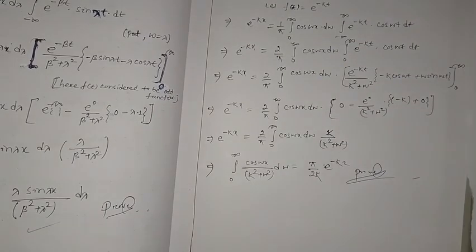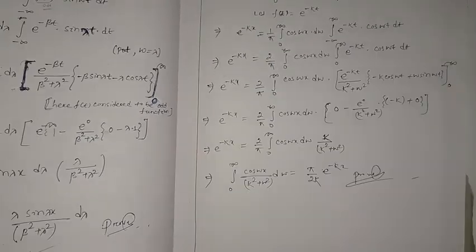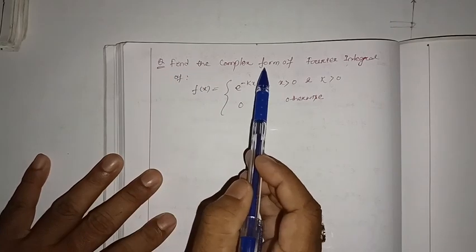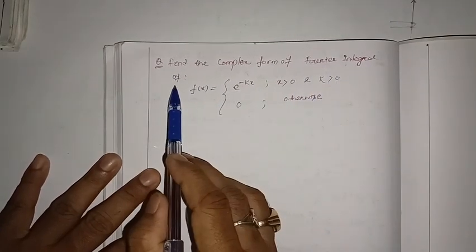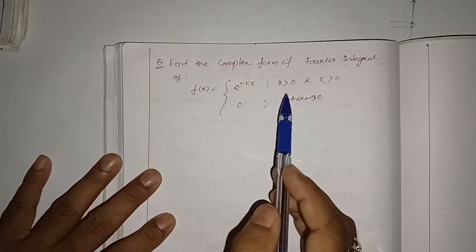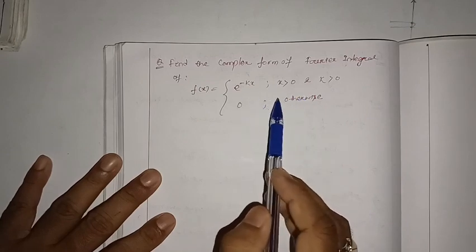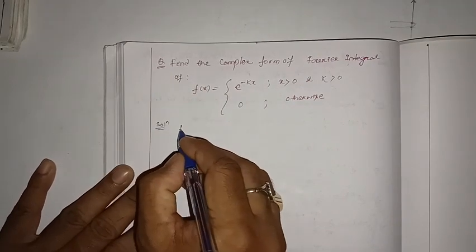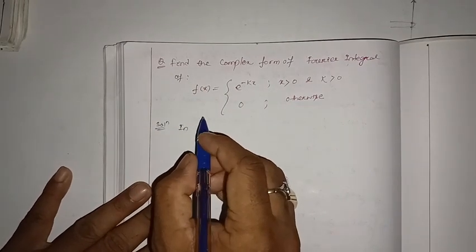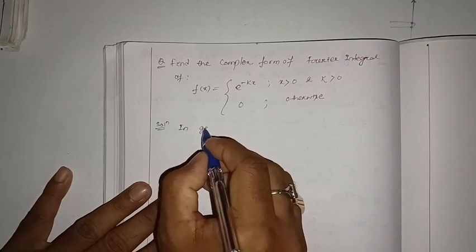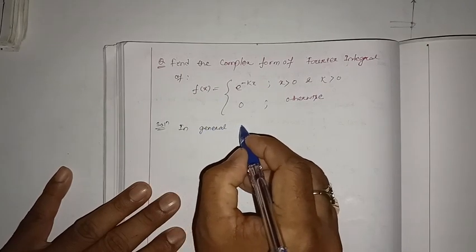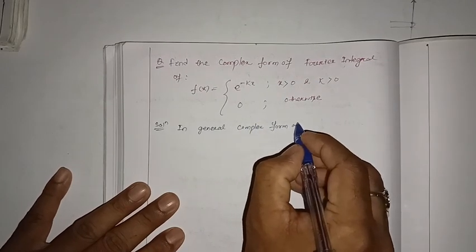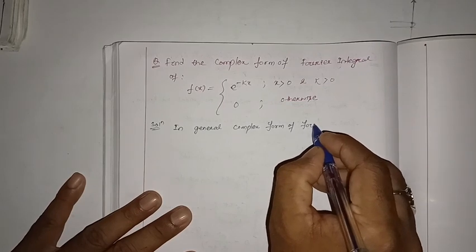Okay, now we are going to go for another question. So the next question: find the complex form of the Fourier integral of this one. We have to find out the complex form of this Fourier integral. Solution: in general, the complex form of the Fourier integral